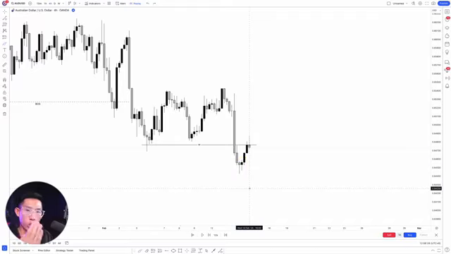So this is where you can actually enter for a buy position right here. Place your stop loss below these lows right here. A better entry would be right here, right? That is, immediately when price starts showing some signs of bullishness after price actually grabs liquidity, that is when you can enter for the trade. Stop loss below these lows, and you can take profit at these highs that we have right here.